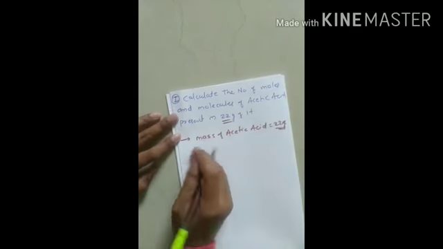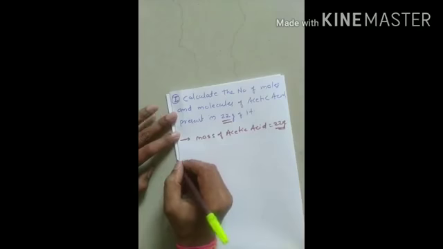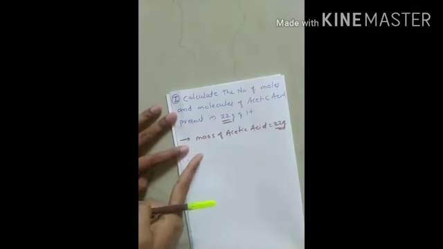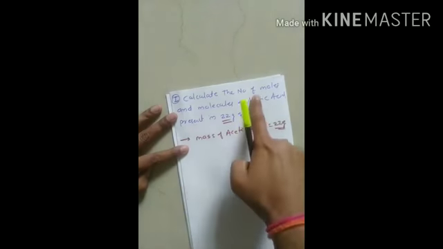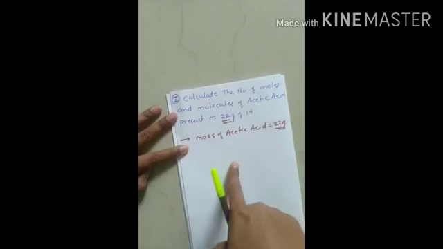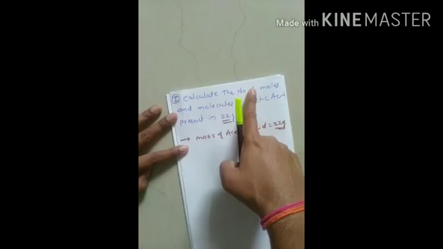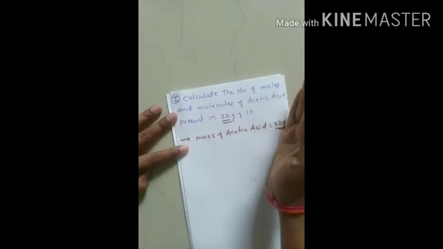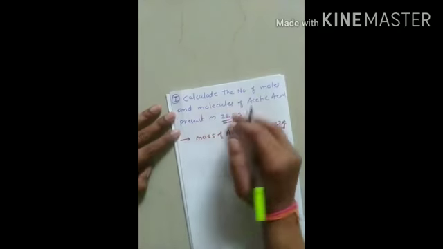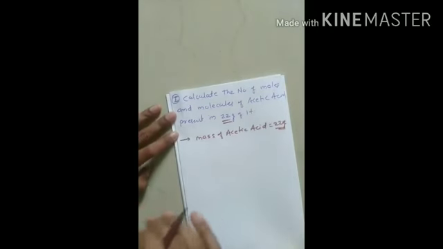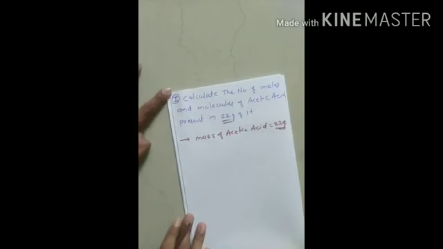Okay, so here we have to calculate the molecular mass, because once you calculate the molecular mass, we can write down the value of molar mass, and once you get molar mass, we use the formula number of moles equal to mass of substance divided by molar mass of substance. Then we get the number of moles, and when we multiply it by Avogadro's constant, that gives me the number of molecules. So before solving any numerical, we must know what strategy or what sequence we are going to apply, isn't it?